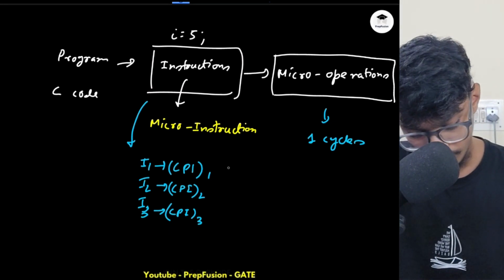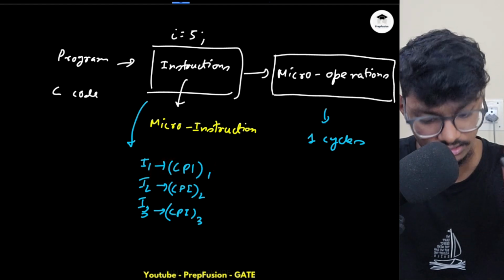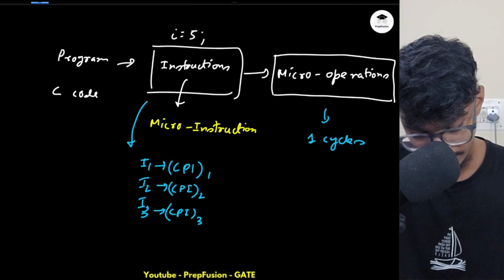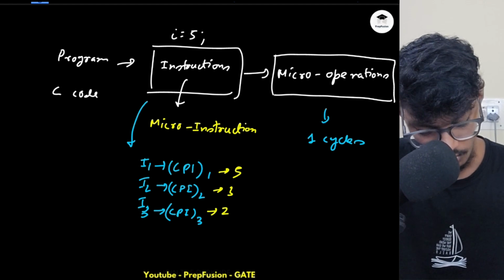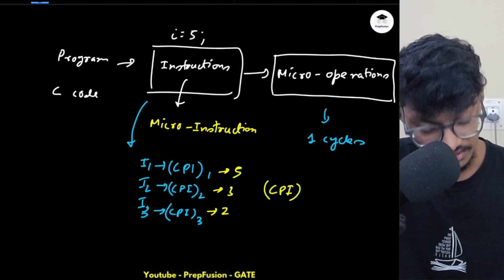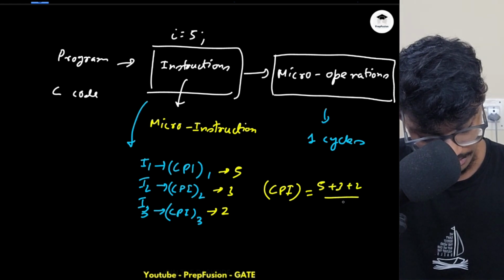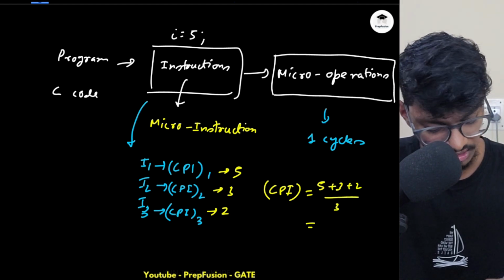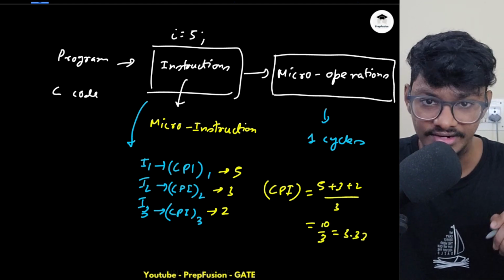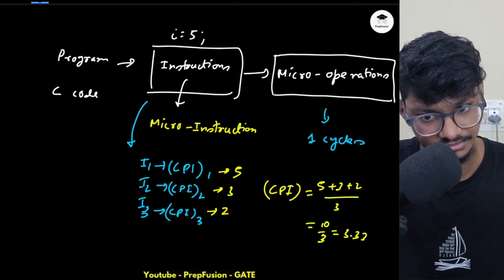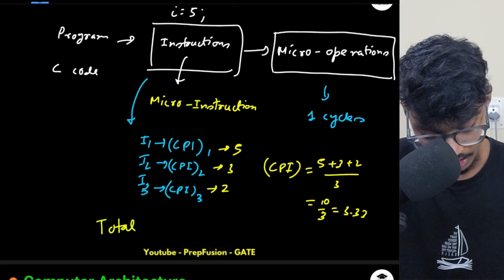So what I will do: instruction I1 has 5 micro operations, so its CPI will be 5 cycles. Instruction 2 has 3, instruction 3 has 2. So what will be the average CPI of this whole program? It will be 5 plus 3 plus 2 divided by 3, which is 10 by 3. So average cycles per instruction is 3.33. Now what will be the total time? Although it will not be exactly accurate, it will be simply